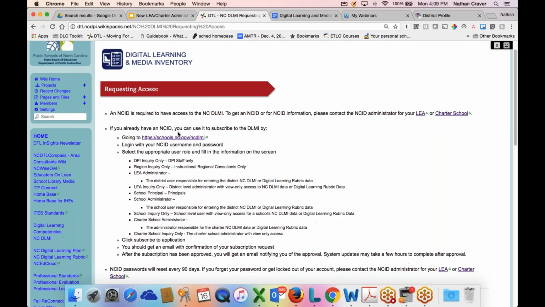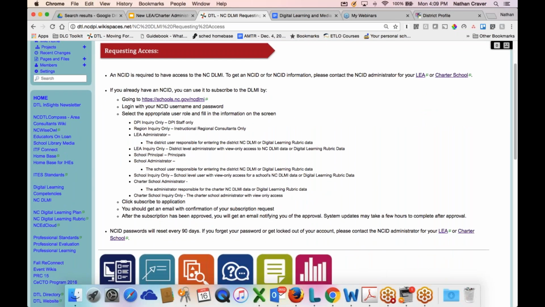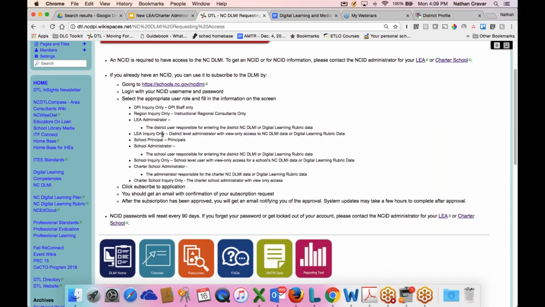On the DLMI wiki, which if you just Google DLMI wiki, this screen is the first answer on Google. But under requesting access, it does go through NCID. And so if they don't have an NCID, say they're brand new out of college, brand new media coordinator, tech facilitator, never have done the job before, they're going to have to get their NCID from whoever manages that locally. And again, this screen, if you click on that, it'll tell you who in your district